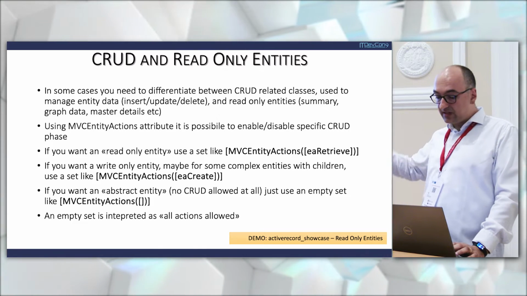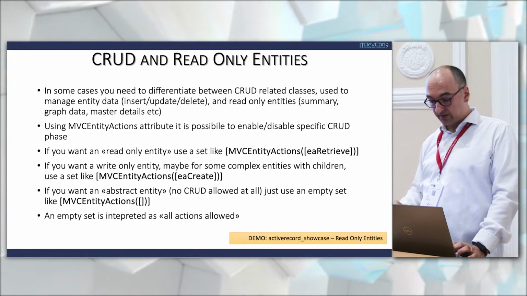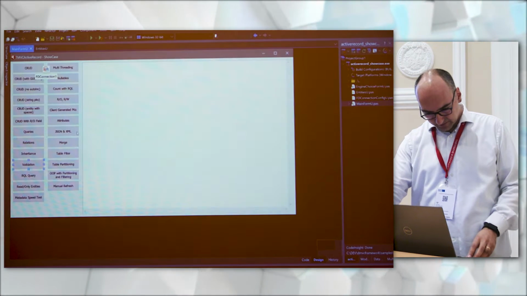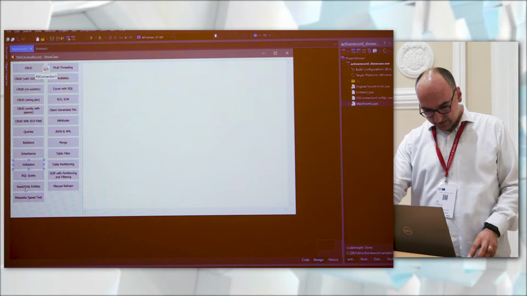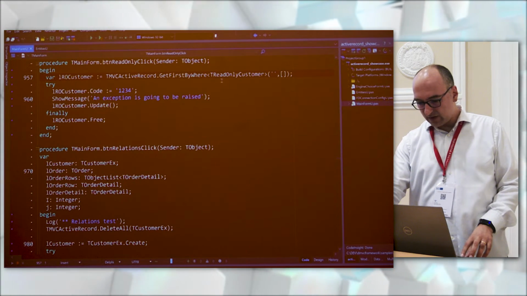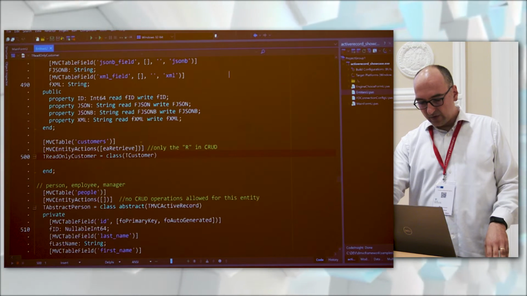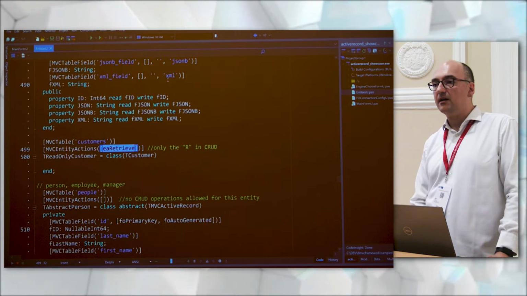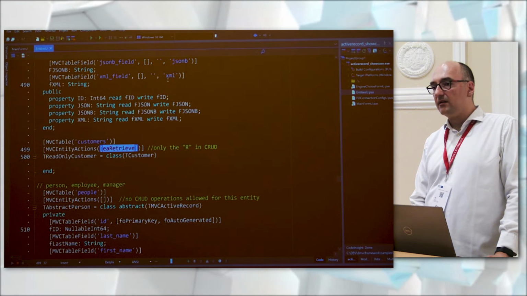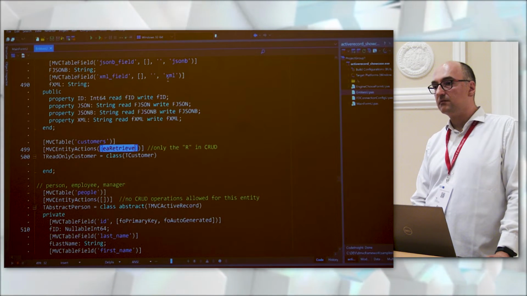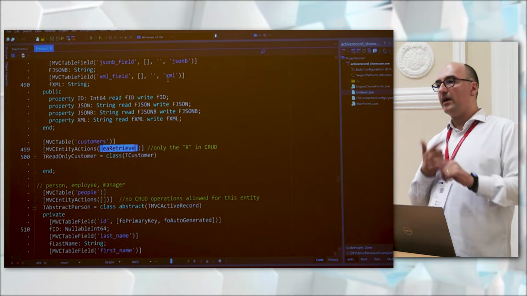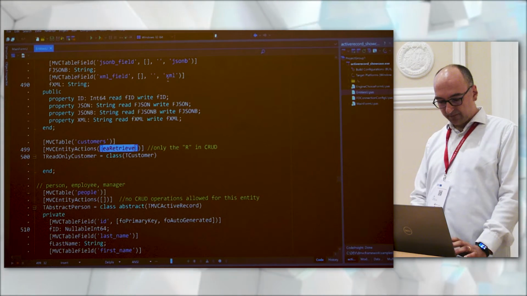We can handle it using the MVC entity action attributes. Let's see the example. Read-only entities, as is. This one is a read-only customer. Why? Because in the entity action, there is only the EA entity action retrieve. So this cannot be created, deleted, and so on.